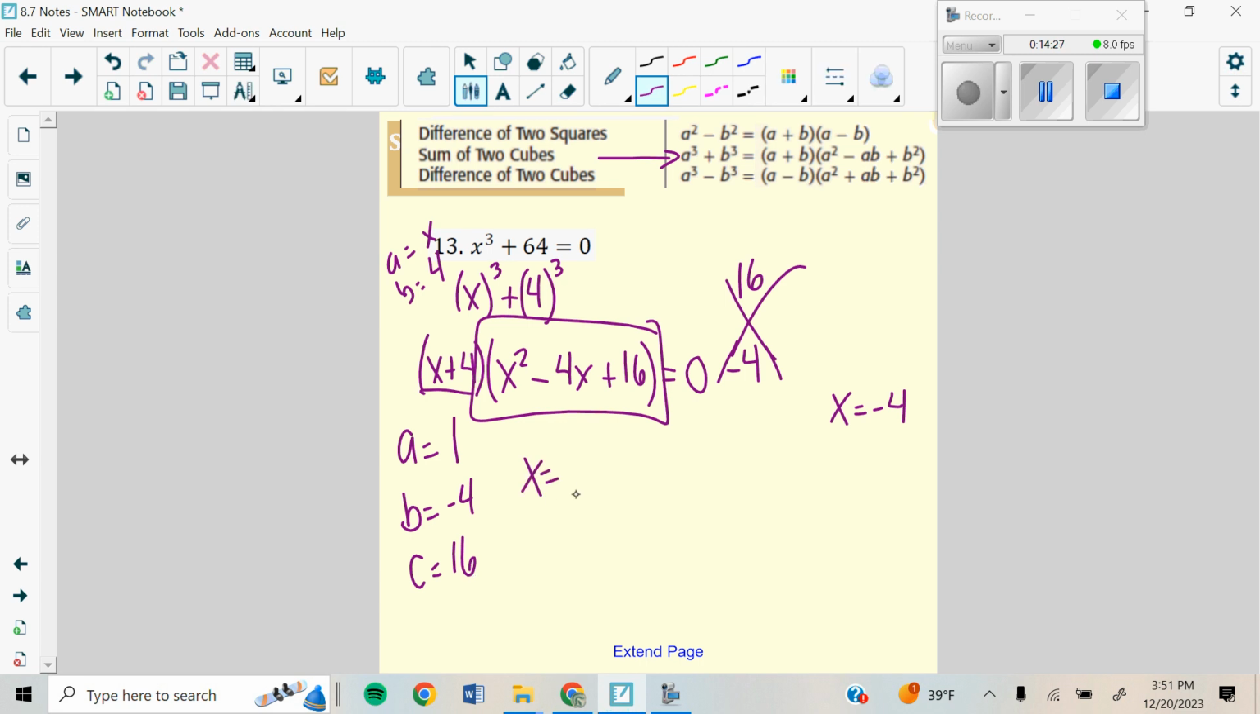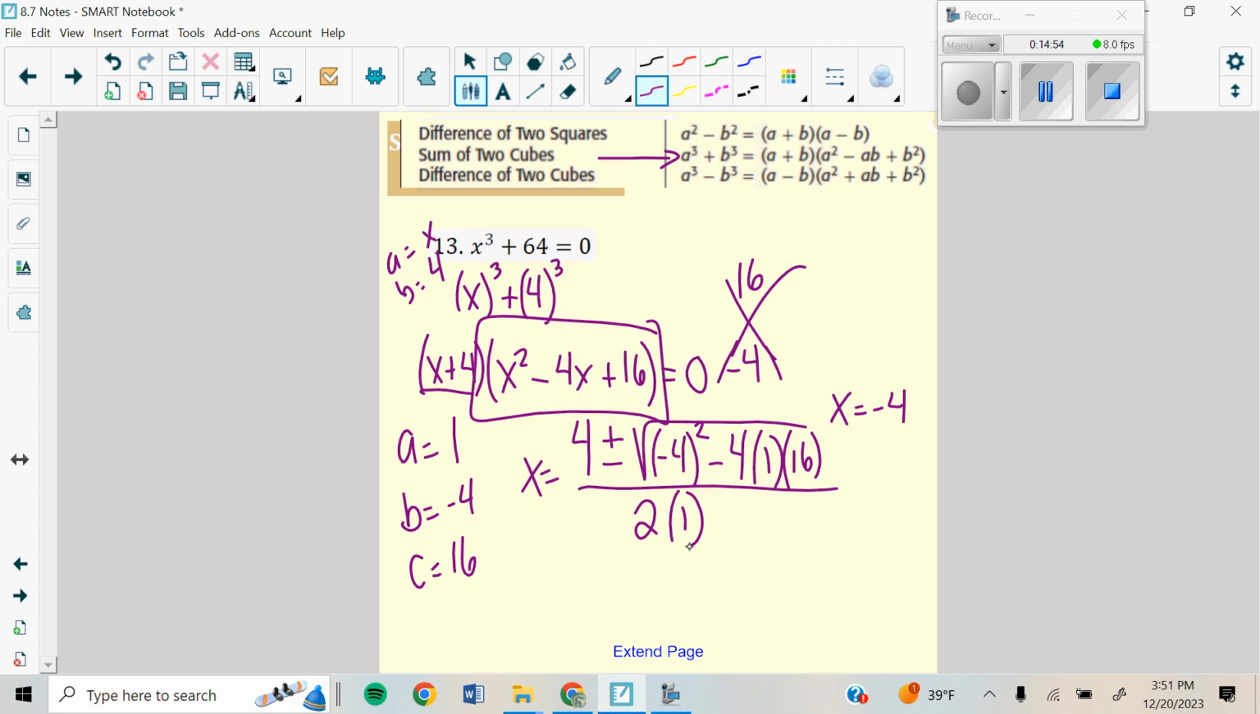So x equals opposite b, plus or minus the square root of b squared. Hey, b is a negative, so put it in parentheses. Minus 4 times a of 1 times c, which is 16, all over 2 times a. All right, go ahead and we are going to simplify